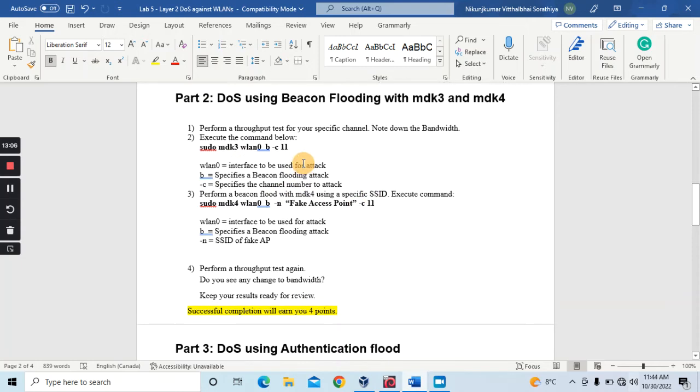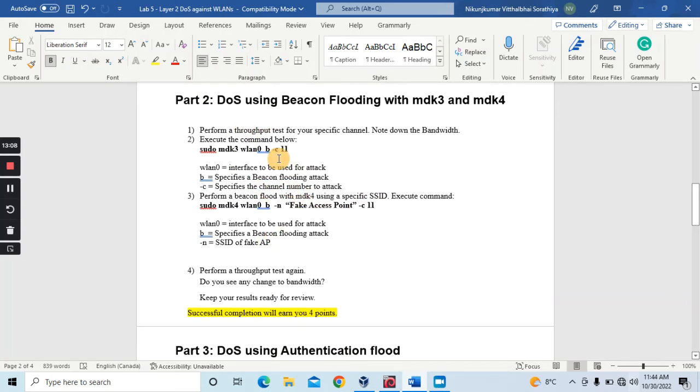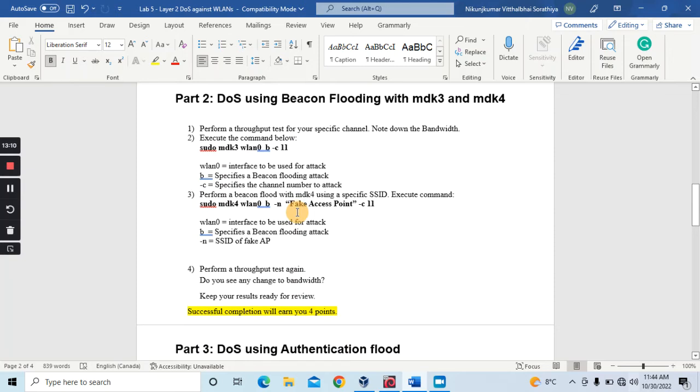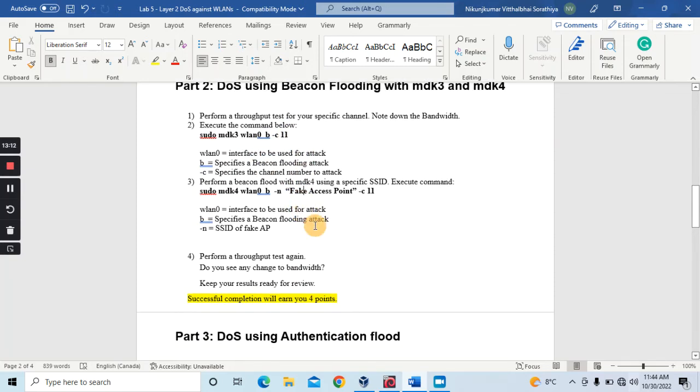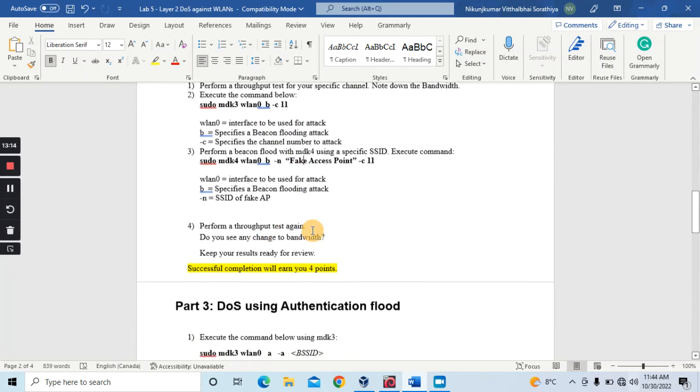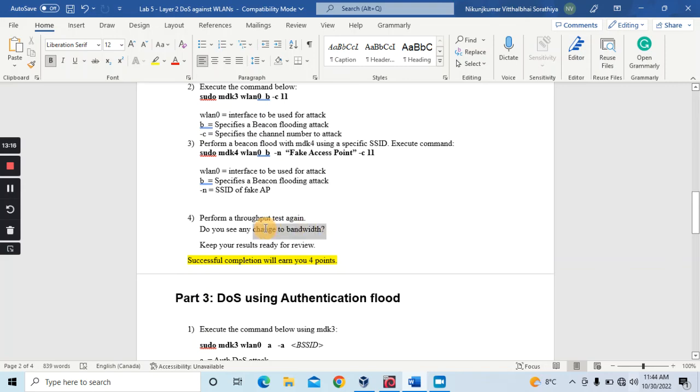So these are these two attacks. What they do is generate fake access points on the channel. We have successfully completed it. You can see the bandwidth change in the